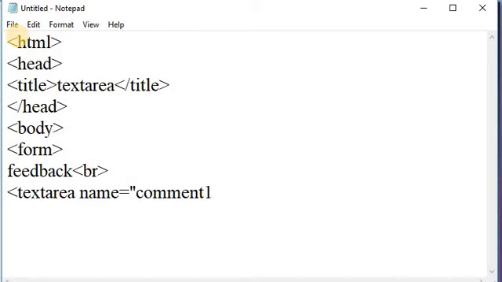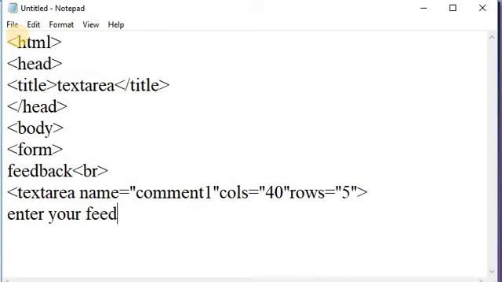After that, cols is the second attribute. Here I am taking cols as 40, and rows equal to 5. Close the text area element, and in the text area element I am writing some text, that is, enter your feedback here.